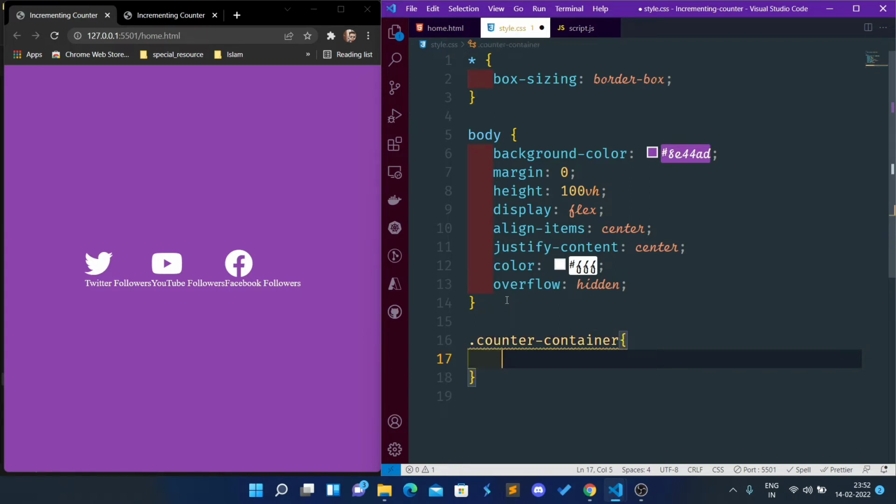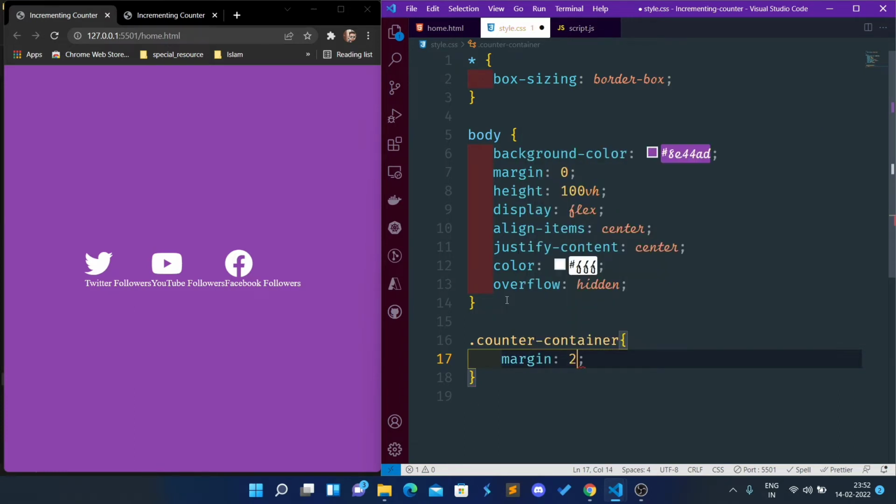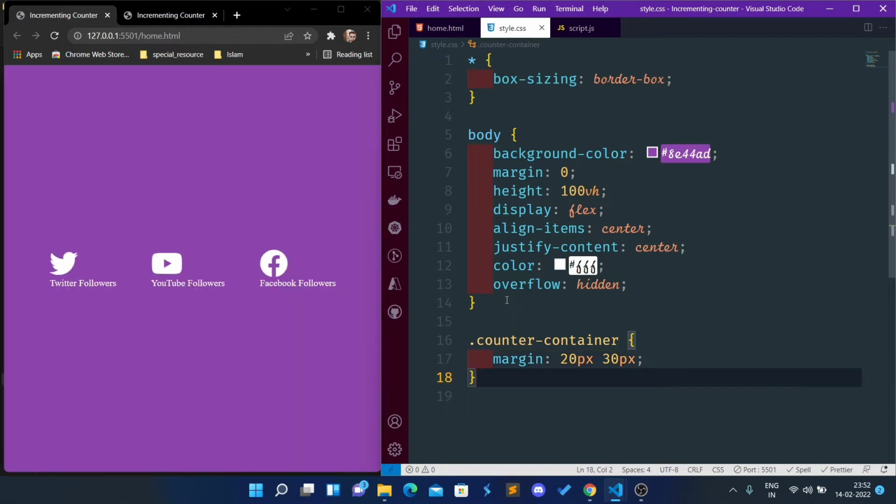For the counter container, we just want to give some margin. So what margin do we want to give? Let's give top and bottom 20 pixels and left and right 30 pixels. Now if I save it, it is looking good. Now let's apply the CSS for